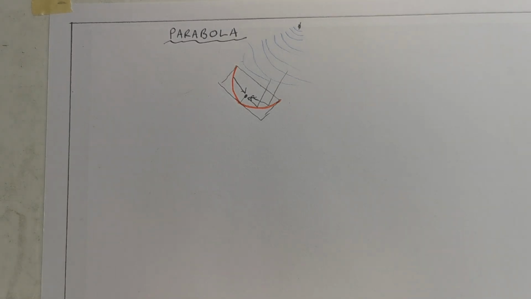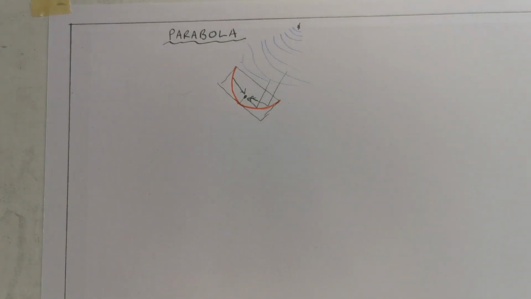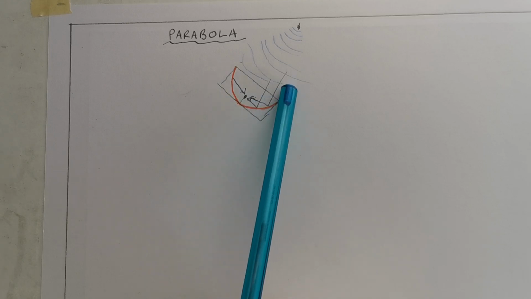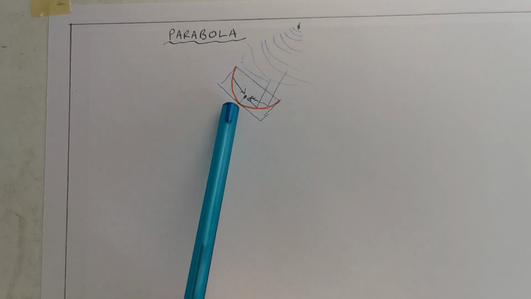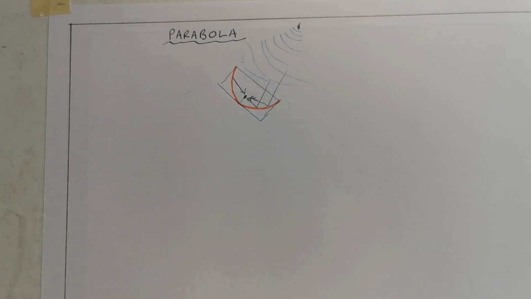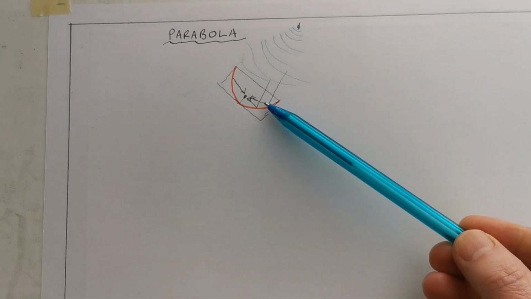Okay, this next class that we're going to have here, we're going to look at the parabola. Now, a parabola is a very important shape. It's a curve like this that gets drawn inside a rectangle. Now, the reason I have it turned at a funny angle here is because I just wanted to point out the fact that